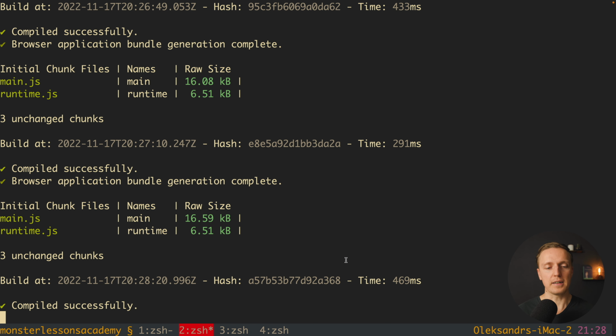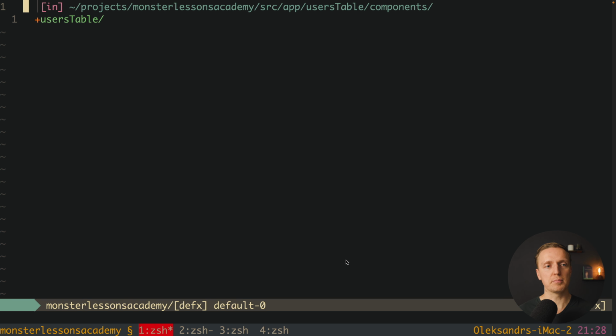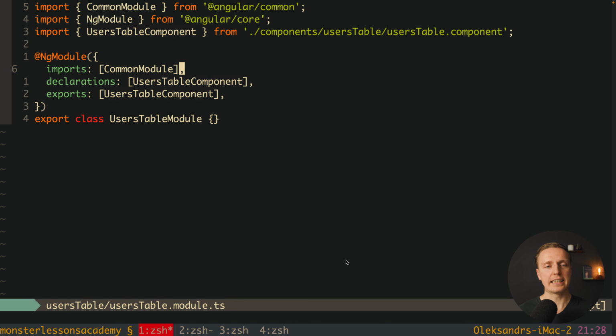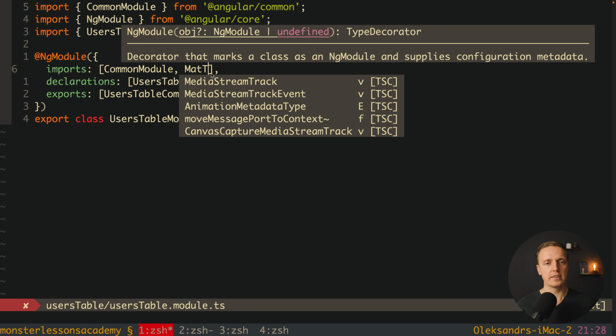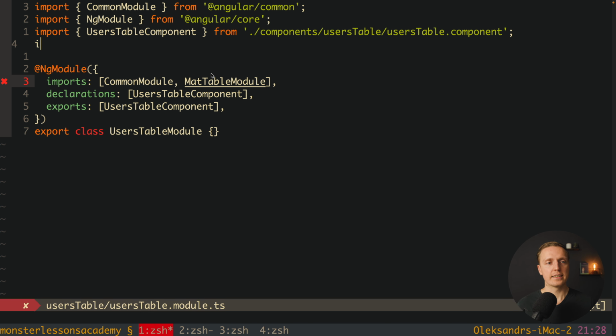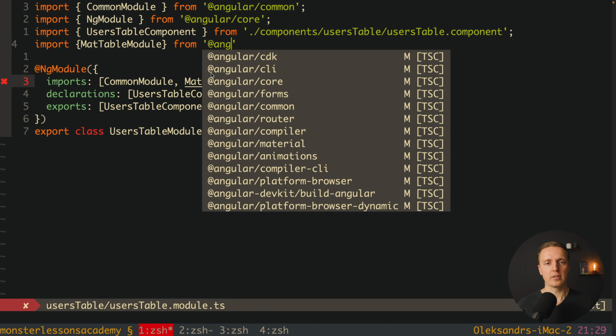And this is totally fine because we didn't inject material table inside our project. This is why we must jump inside our users table module, and inside our imports we want to import material table. And in order to do that, we must write here material table module. And now we want to import our material table module from Angular material